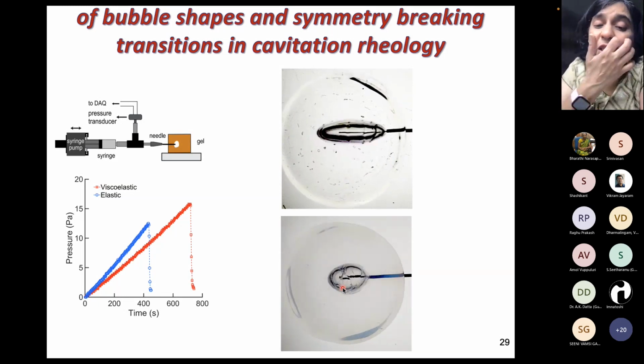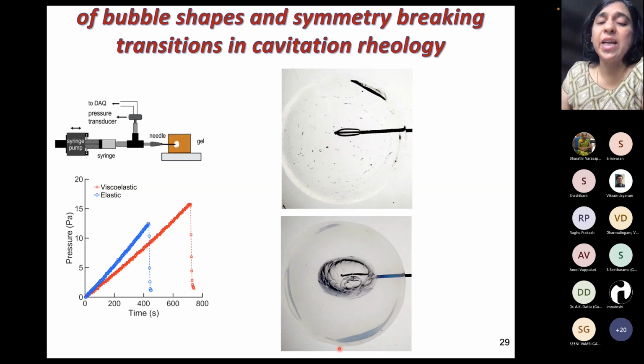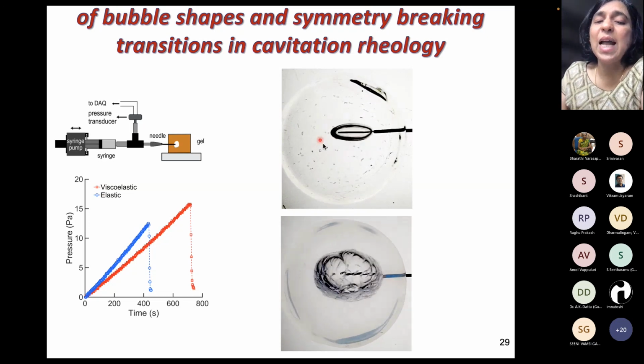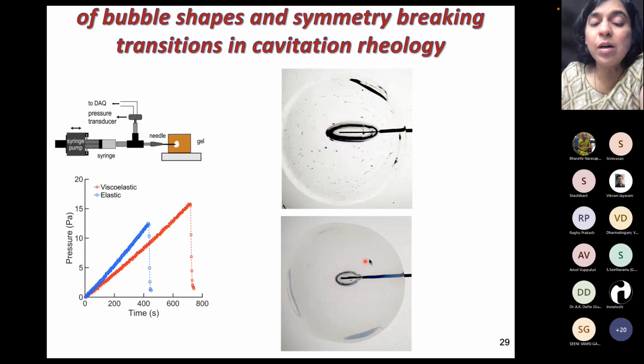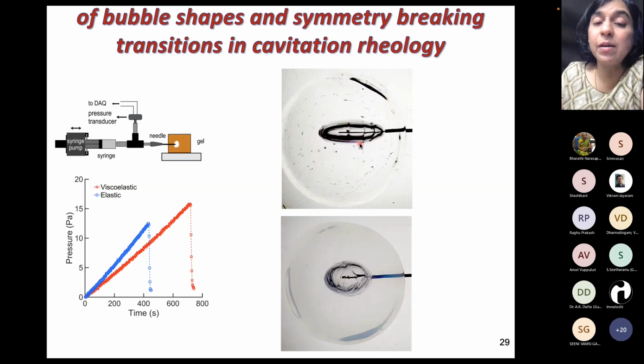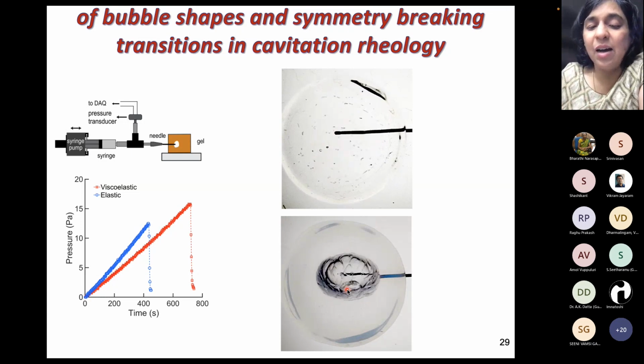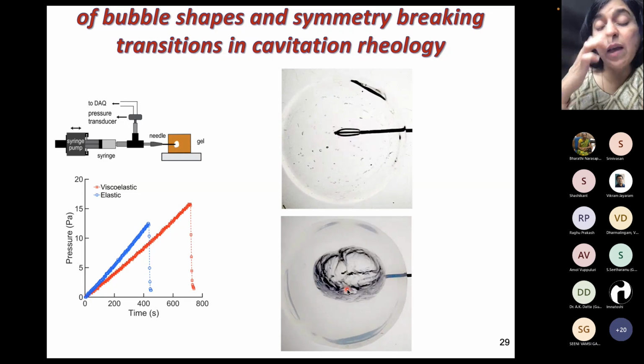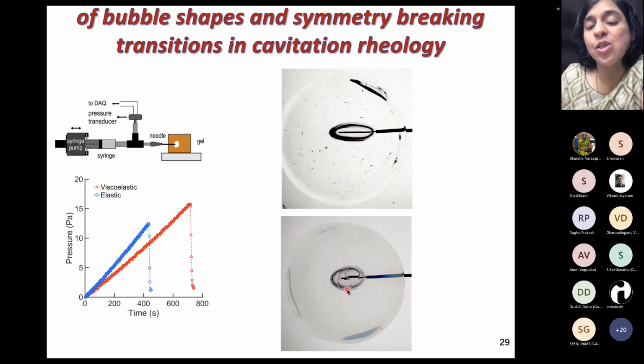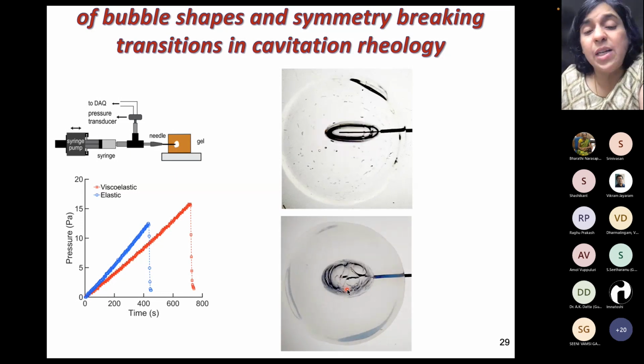But again, we see this very classic symmetry breaking transition, which goes from an elastic to a viscous, from a penny shaped to a spherical, or vice versa, which is the way we think of how symmetry breaking transitions occur. And so we're very intrigued about these transitions. So to explore this further,